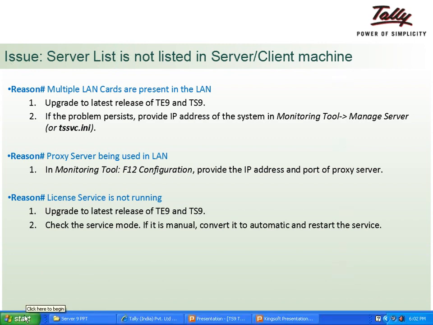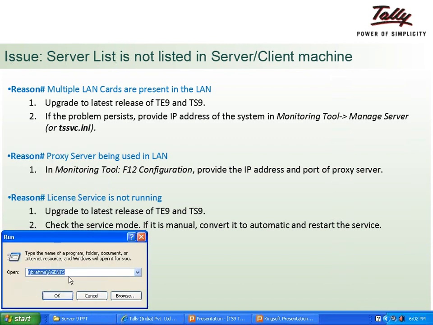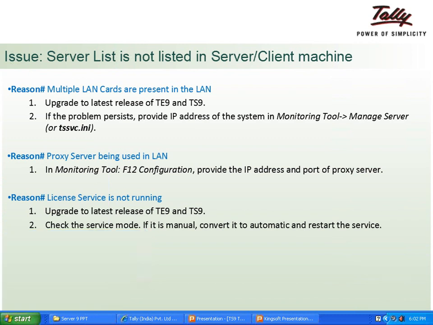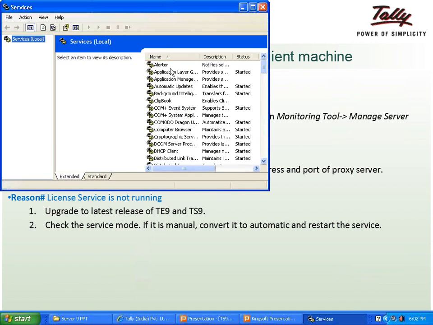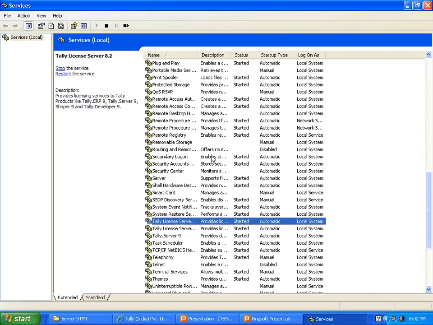In order to check the service mode, you need to go to the Start option and click on Run. Under the Run command, give the command services.msc. Click OK, so that the service management screen will appear. Here, you need to search for the Tally Server 9 service.